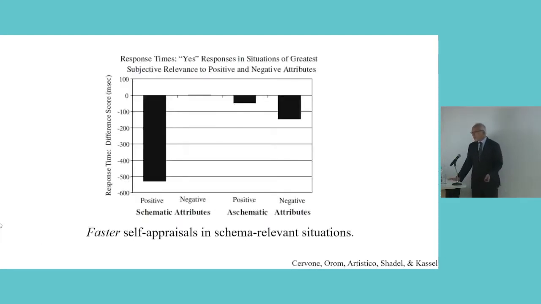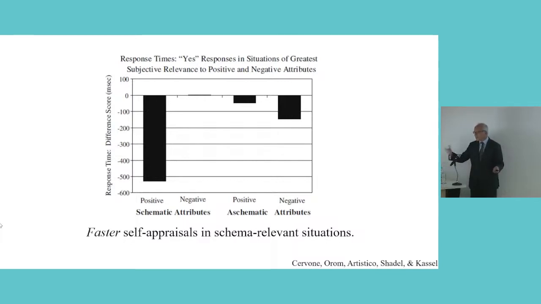And so what happens, as I think I may have said with the Marcus study, you have to separate response times to yes and no items. It always takes longer to answer no. So if you look only at the test items that people said yes to, where the positive attribute is relevant to a situation and they say yes,